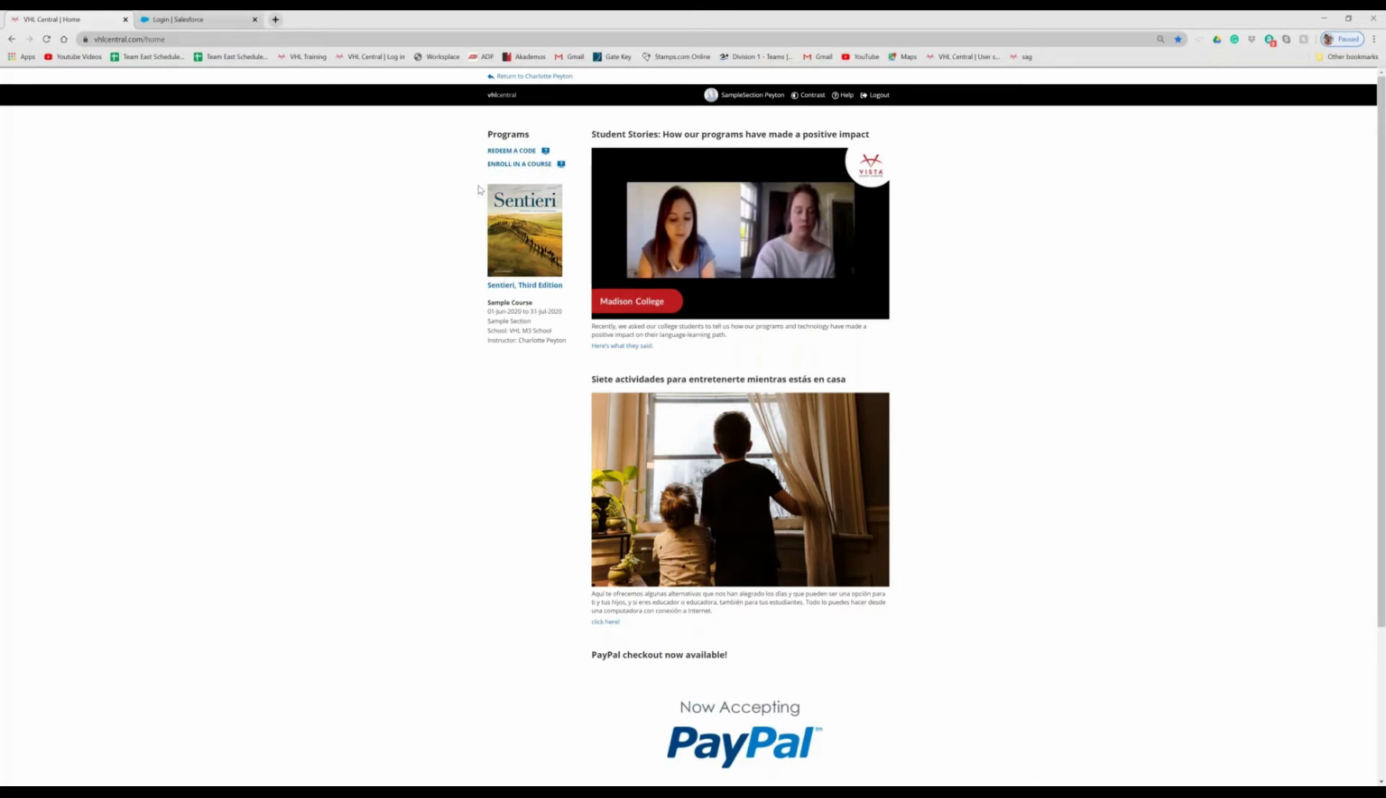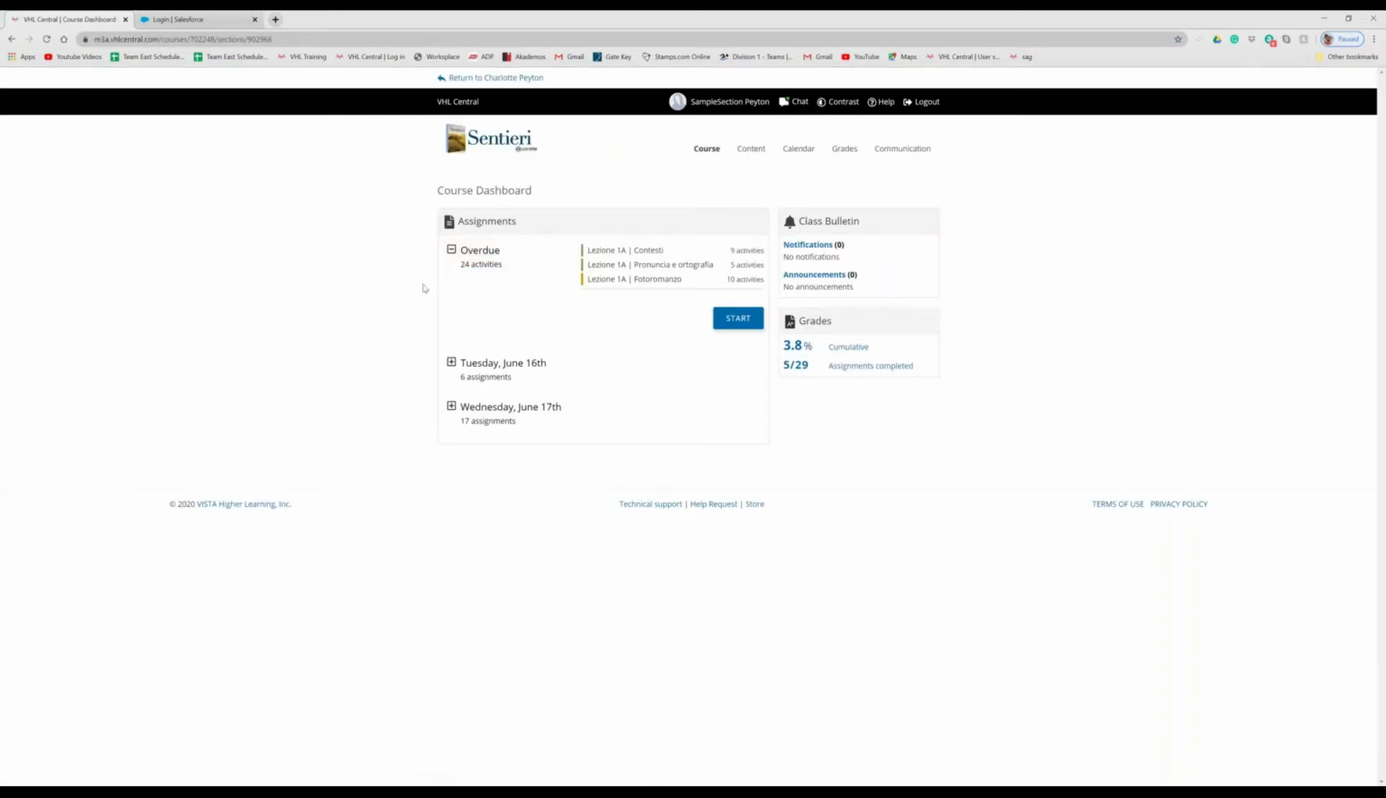Make sure that you're enrolled in a course. Any work that you're doing outside of a course will not be recorded. Confirm that you have the correct course, and then click on the book icon to begin your work. This will take you to the course dashboard. Here you'll see any assignments that are overdue. You can see the number of assignments in each section, and I can see what's due on Tuesday and on